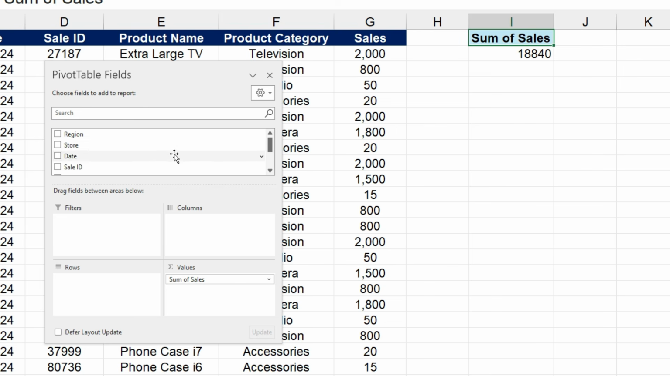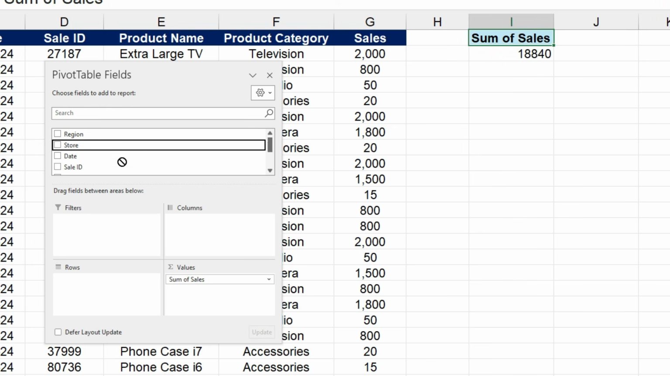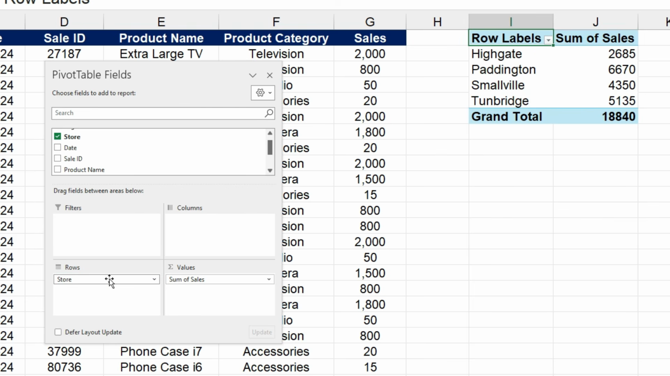So we can come up here and once again, we can check the box like this and let Excel guess as to where we want it. And you can see that it's put it down into the rows panel. So it's categorizing the sales by store and it's doing it by rows. So that was a good guess from Excel. But if I uncheck that, I'll just show you that you can also just use the mouse and drag it